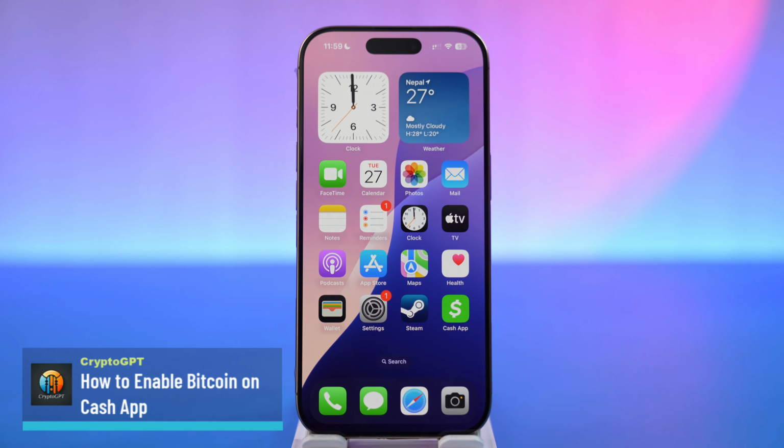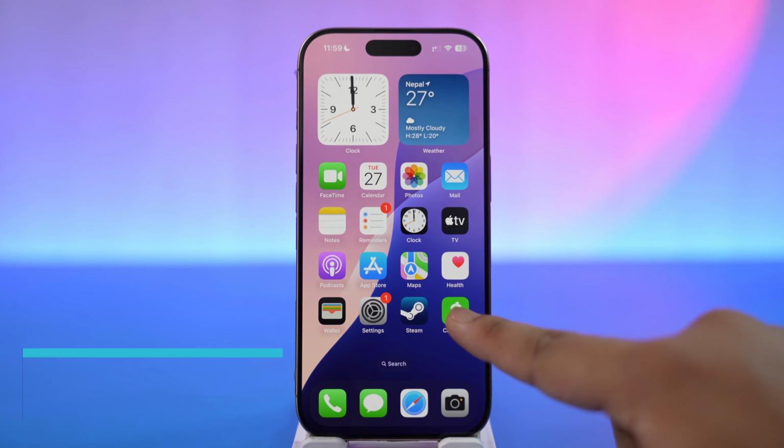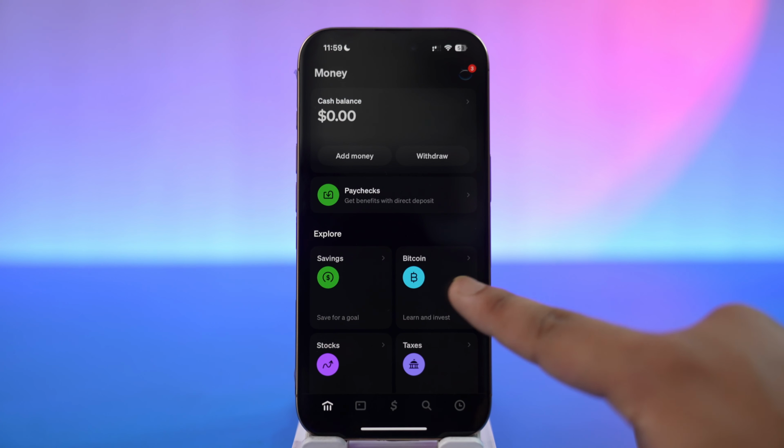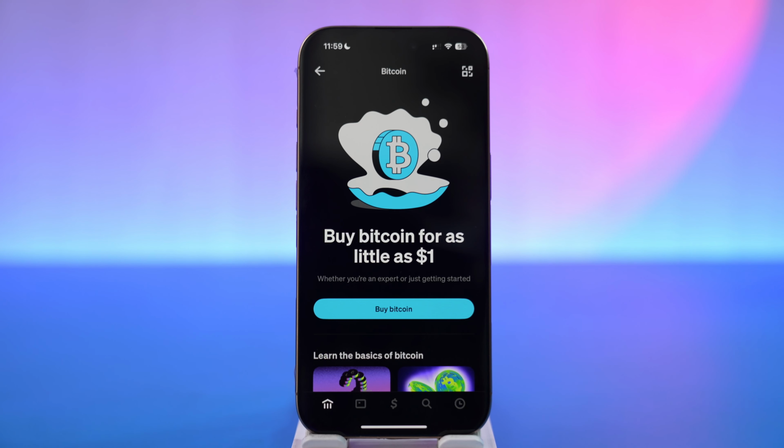How to enable Bitcoin on Cash App. Now, you don't actually enable Bitcoin on Cash App because Bitcoin is available within Cash App. If you come to the home tab, you go to Bitcoin. However, if you want to trade for Bitcoin and you want to be able to make transactions via Bitcoin, for